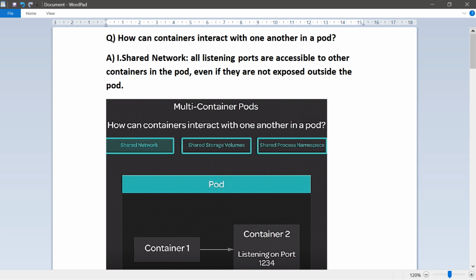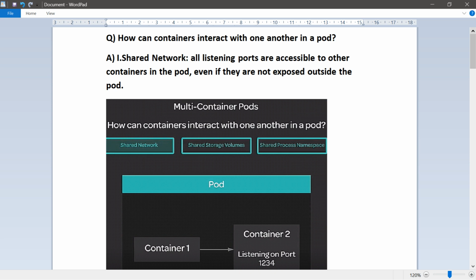From the network perspective, it is as if the two containers were running on the same host, and they can access each other simply using localhost. If container 2 is listening on port 1234, then container 1 can communicate with container 2 simply by accessing localhost:1234, and that port is not exposed to requests anywhere outside of the pod itself.